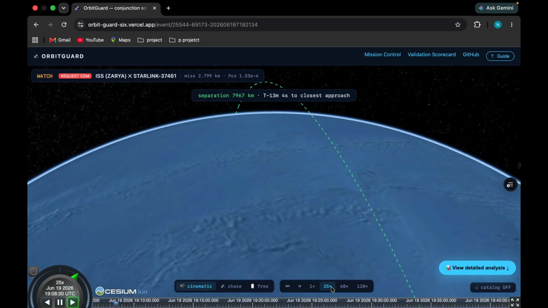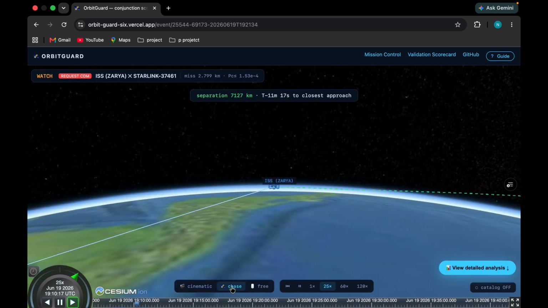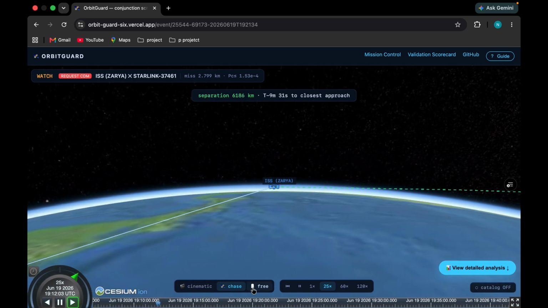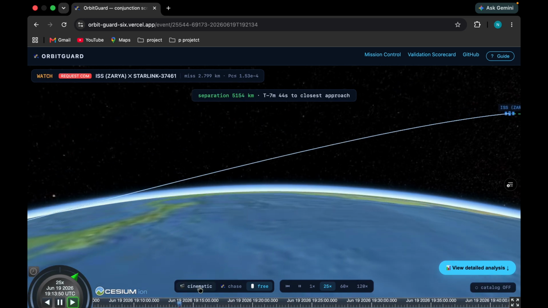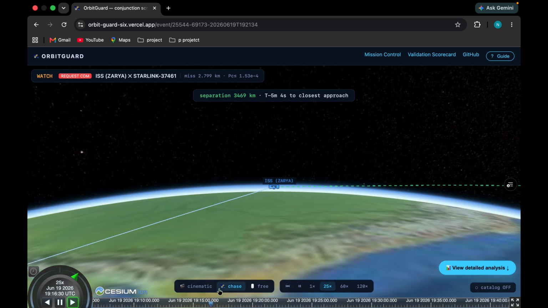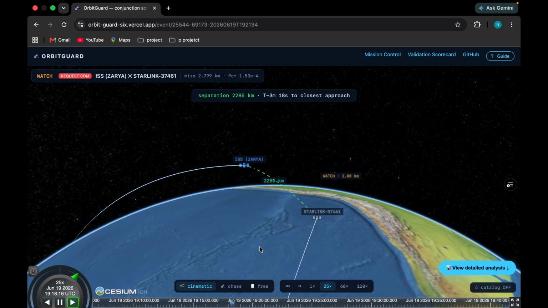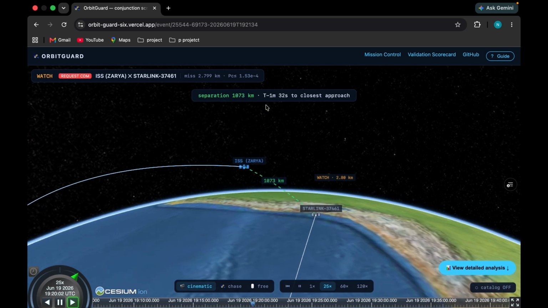You can view the satellite trajectory as you wish. I have set it by default to 3 automatic views. You can select a free view where you can freely hover over any place, a chase button where you will follow a particular satellite, and this is a cinematic view where they will pass each other very closely, basically the location of the event and the time of the event.